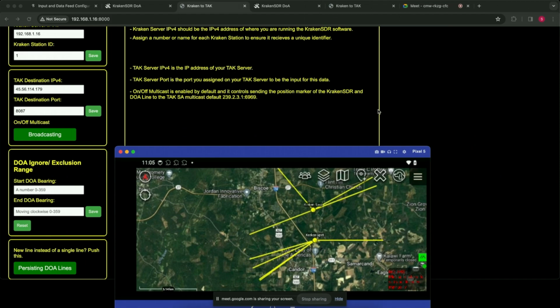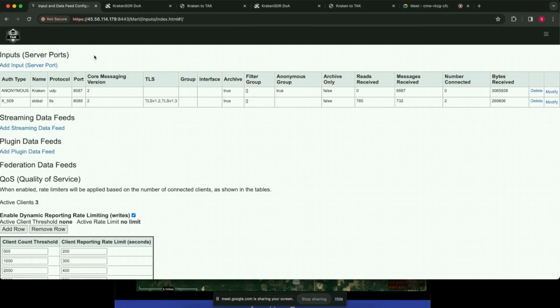All right, and so I just want to make sure: the image on the bottom there, that is a TAK client on an Android phone that you're streaming to right now? Yeah, it's a phone that I have plugged into my computer, running ATAK that you would get from the Google Play Store in this case. And then I have my TAK server pulled up here,